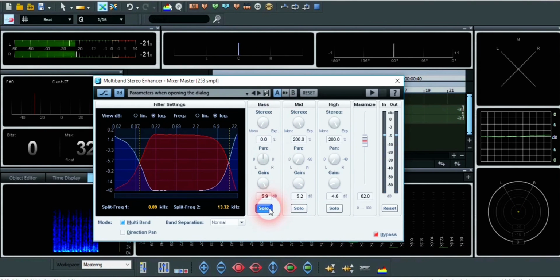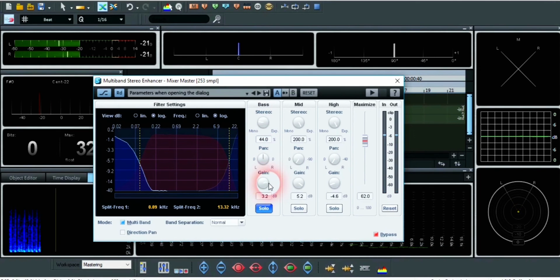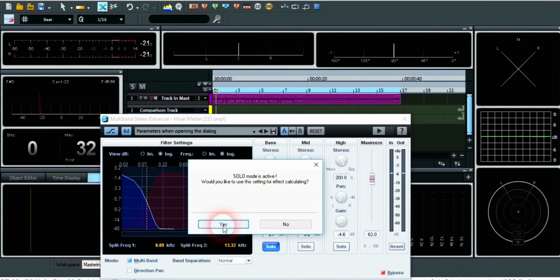So you'll come to the bass, you'll solo, and then you start making adjustments. And as you are making adjustments, you are listening to your track so that it sounds good, but you are also keeping an eye on these two visualizations or meters, the direction meter and the correlation meter up here. You don't want to just focus on one and ignore the sound. You want to be able to hear what you are doing, but also see what you are doing, so that when you find a place where everything is balanced in these two, and everything is balanced in your spectral scope,